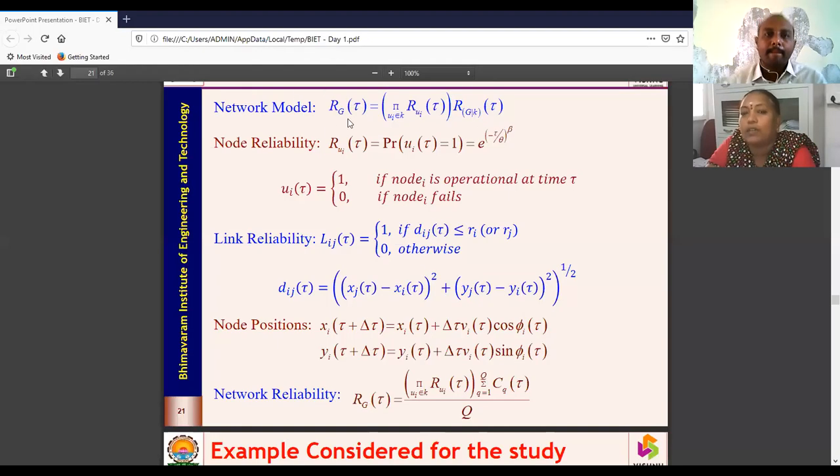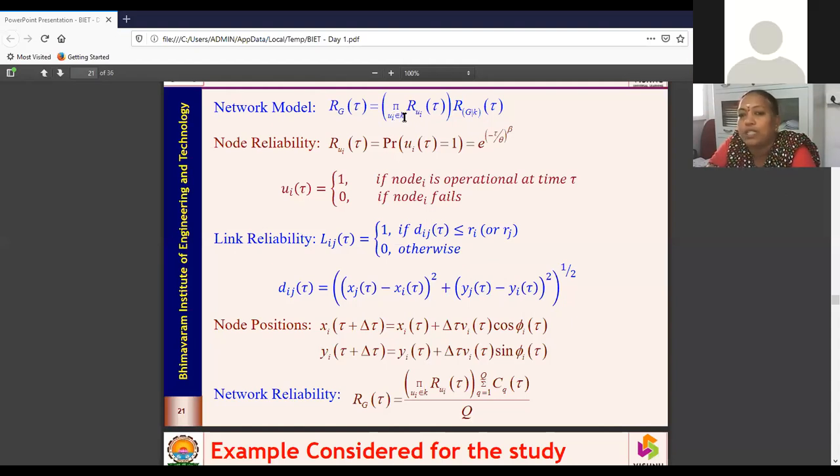For the 72nd hour, whatever the reliability is, it is calculated accordingly. So here it indicates phi of ui belongs to k. Ui is going to be that particular node. U stands for the number of nodes. So when I say ui, it is the ith node that belongs to a set of nodes k. So k is, we define, the total number of nodes.